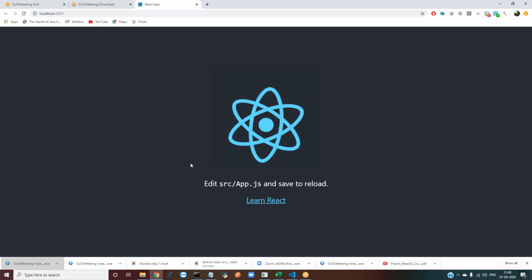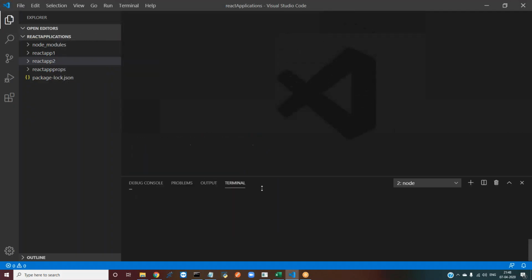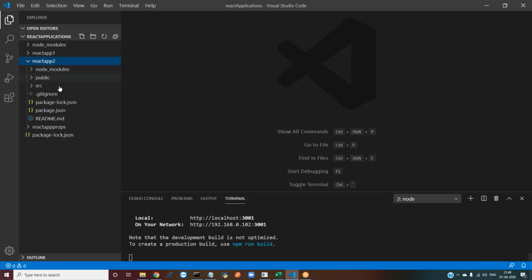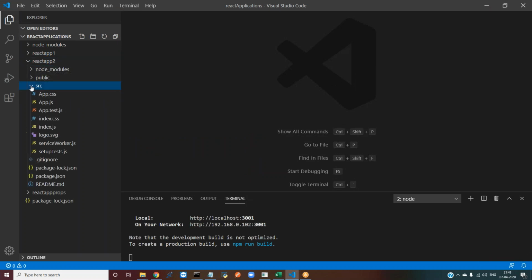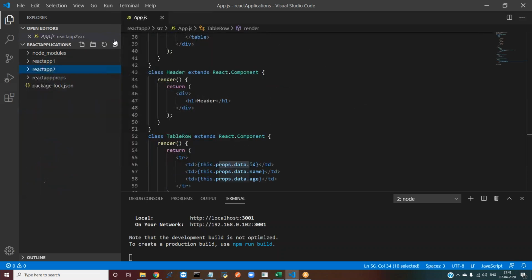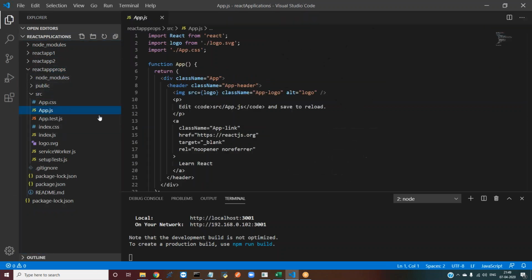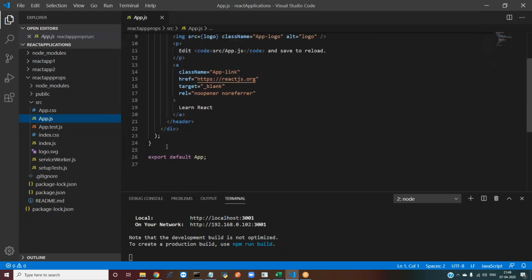Fine. So now what I want to do, on top of this project, inside src in the app.js file, is delete all these things as of now.